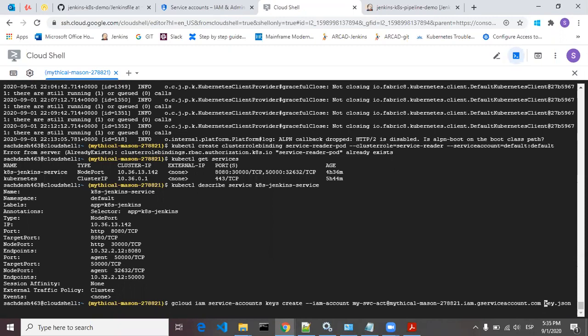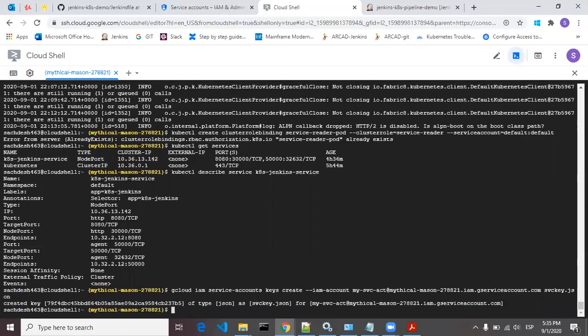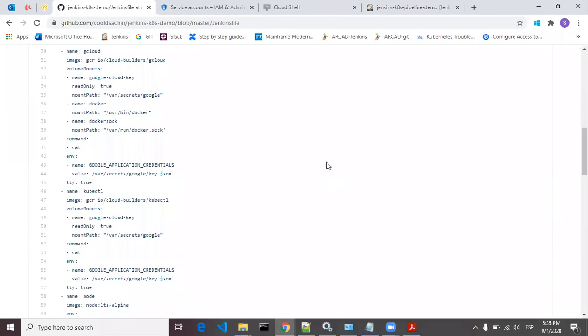I already created a key.json here, so it will be like svc key. To show you, I'm just renaming key.json, and like this you can create a key. If I run the command ls, then you can see svc key.json is created over here at the root path. I already created a key.json, so I renamed it with this name. Similarly, you have to provide a name. Once you do this step,